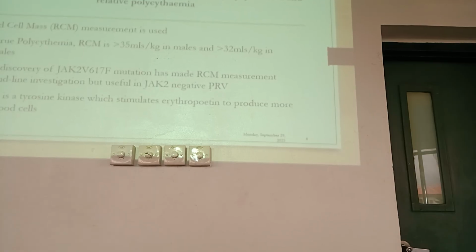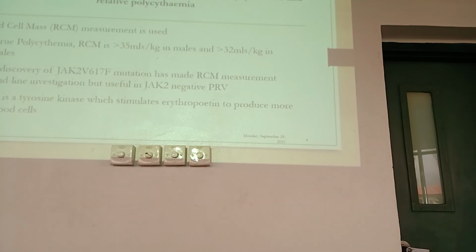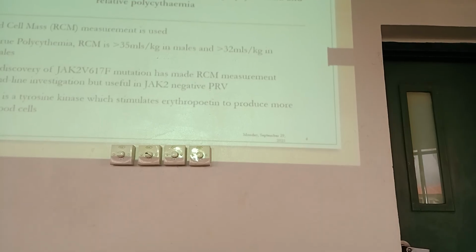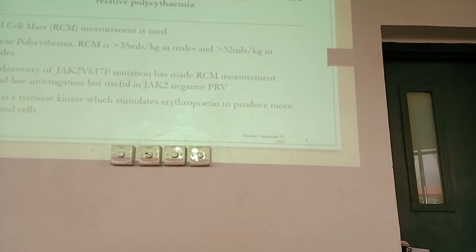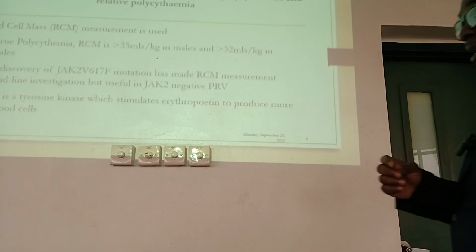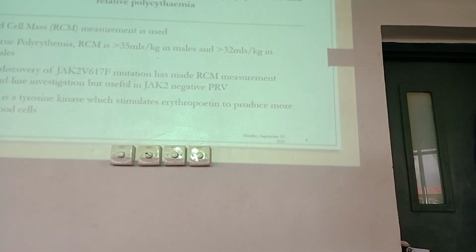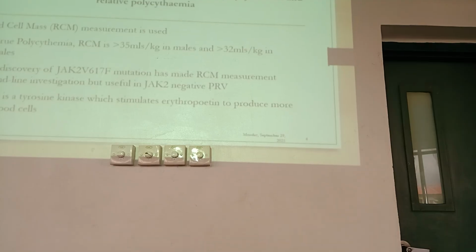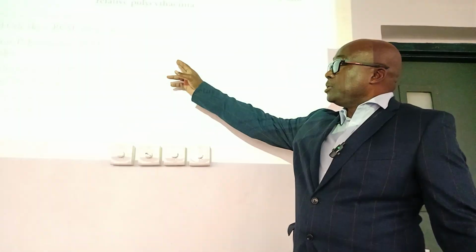And then you will be able to say, okay, the ratio of the radioactive red cells to the injected radioactive red cells to the total red cell volume is so and so. So when you inject the radioactive cells, you measure relative to the red cell available. The higher the red cell, the lower the dilution, or the higher the dilution. I can't really recollect how it is done, but if it's higher than 35 mils per kilo in male,